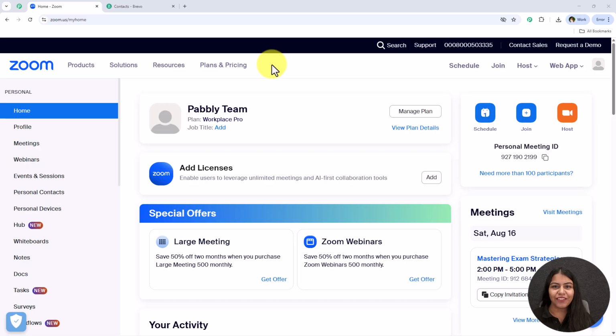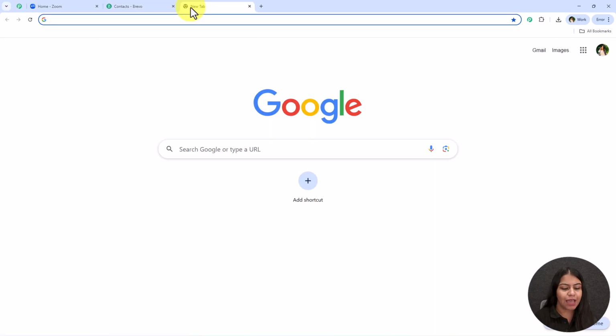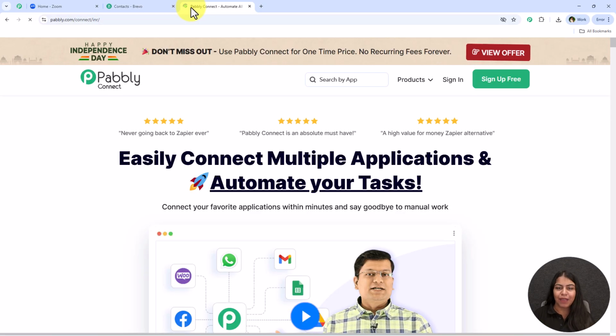Welcome to my screen everyone. So let's begin setting up the connection between Zoom and Brevo. So to do this, I'm just going to open a new tab and I'm just going to search for the landing page of Pabbly Connect simply by typing pabbly.com/connect in my browser. Now it is opening the landing page of Pabbly Connect, using which we're going to create a connection between Zoom